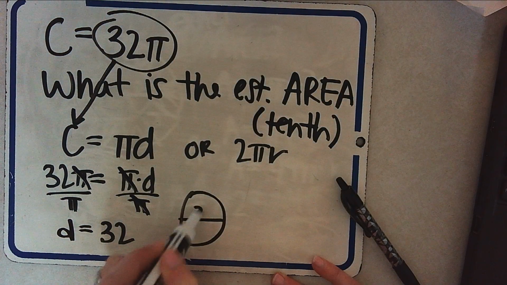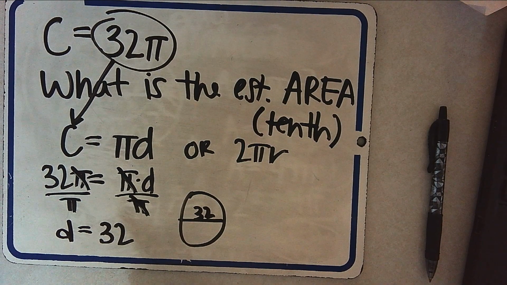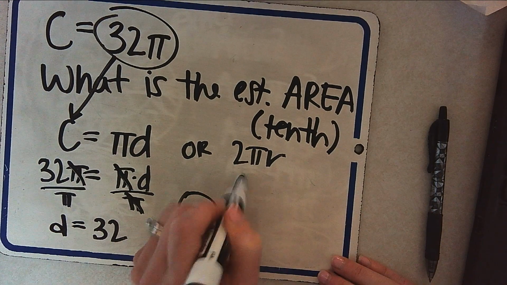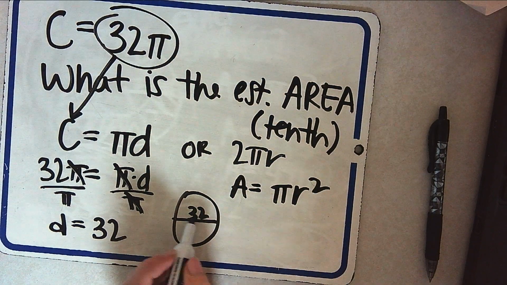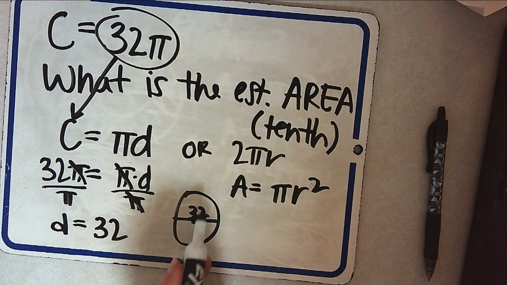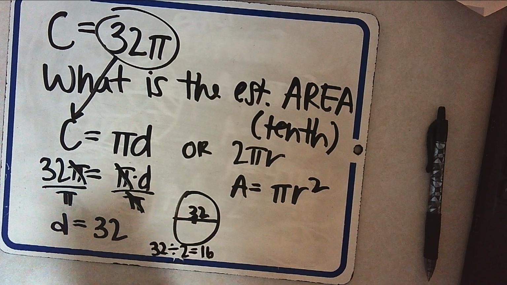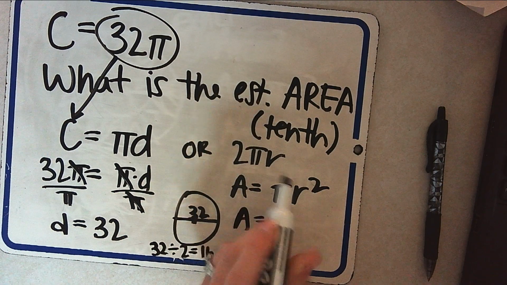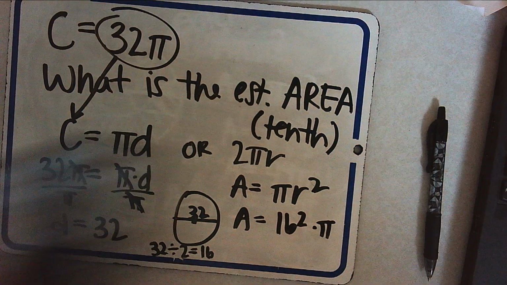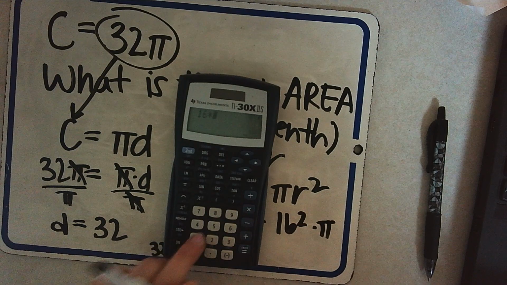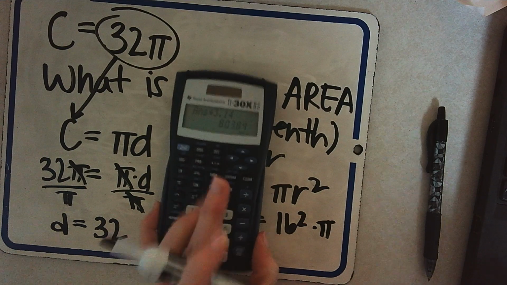So once I know that my diameter is 32, now I'm working backwards to see what my area is. And I know that my area formula is equal to pi r squared. And so now from 32 I have to find the radius. In this case, 32 divided by 2 is 16, so my radius is 16. My area is 16 squared times pi. So I'm going to put that in my calculator, 16 times 16 times 3.14, and I get 803